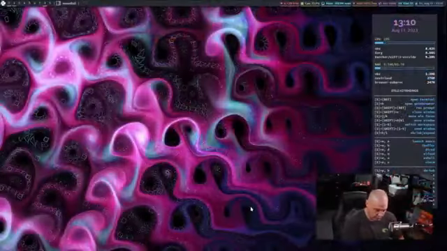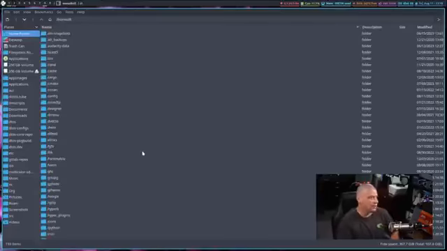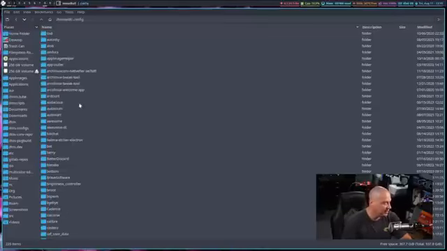For those of you that are new to Linux, let me switch over to the desktop and I'll show you what I mean by the .files. On Linux, we have what are known as hidden files and hidden directories. These files and directories that are hidden all begin with a period. That's why we call them .files. It's because they begin with a period, a dot. And there is a directory in your user's home directory called .config. This directory is where 95% of your configuration files live on the system.